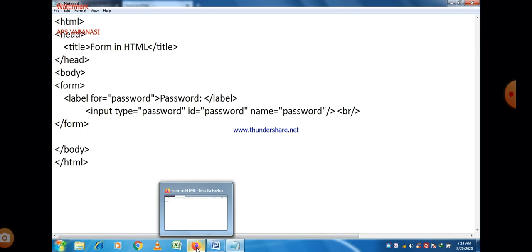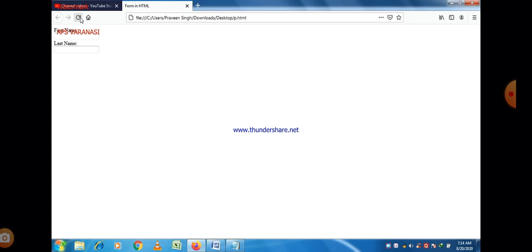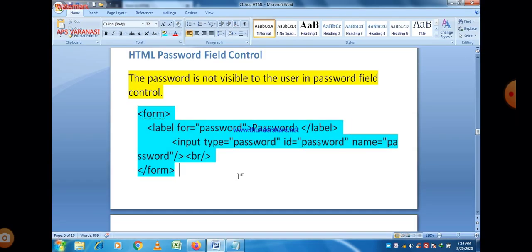Save the program, and refresh the web page. In this you can write anything, and the characters are not shown on the screen because it is a password. That is a property of the password, because the password is not visible to the user in the password field control.